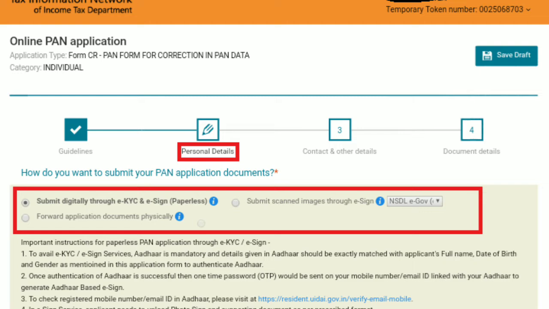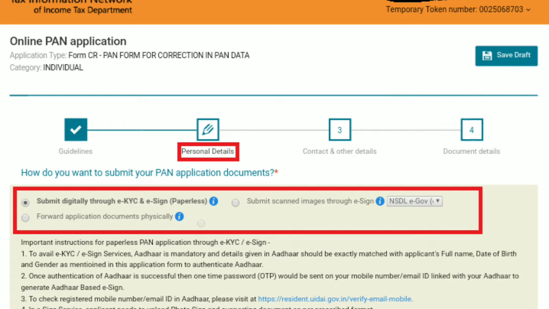Mode 1. Physical submission. The acknowledgement form generated after payment has to be printed and sent along with the copies of documents required by registered post to the PAN Services Unit of NSDL. Mode 2. Digital submission through eKYC and eSign. Aadhaar is mandatory for availing this option.